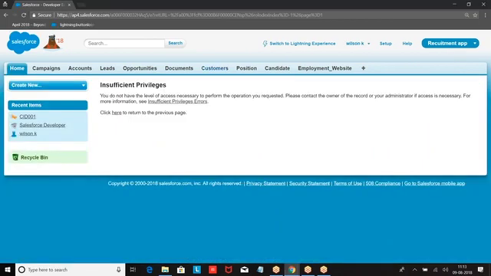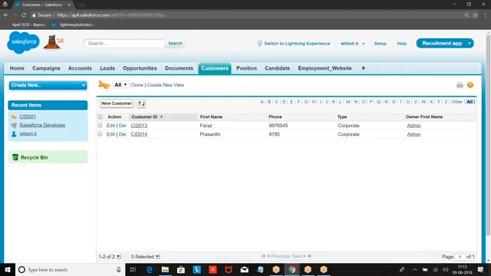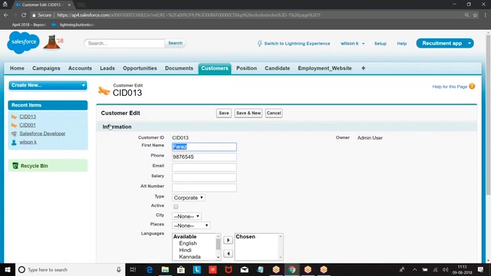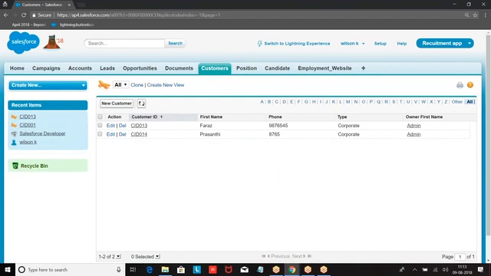Now go to this user. Previously was he able to see all the records? Now I removed the sharing rule. Now he was able to see only corporate records, and he can perform read and write access. I hope you are good with this. Am I clear? So they are called criteria based sharing. So owner based sharing rule and criteria based sharing is what we have seen in the last session.